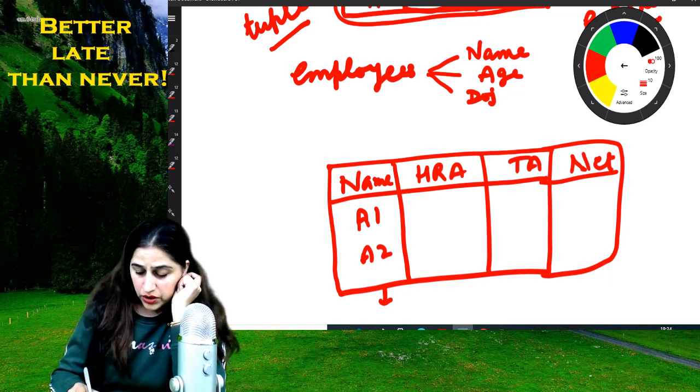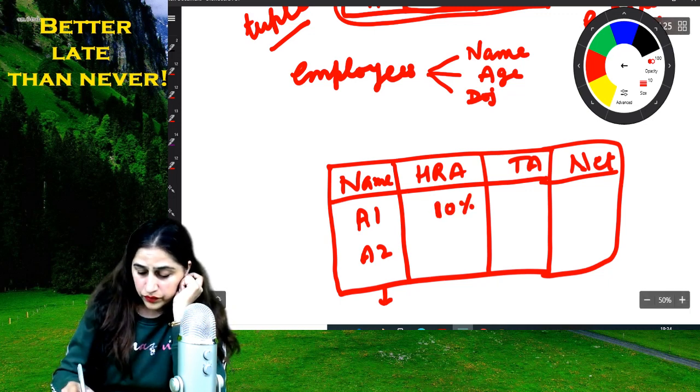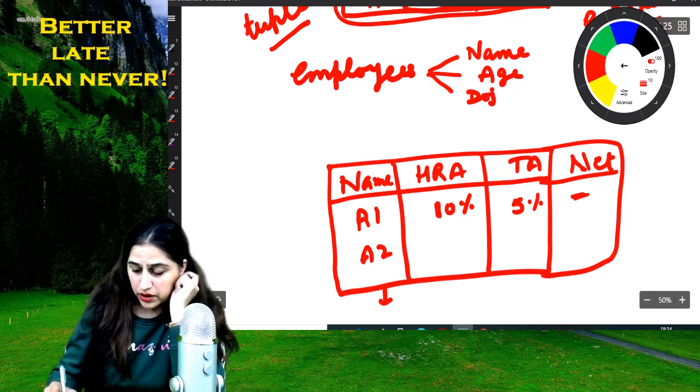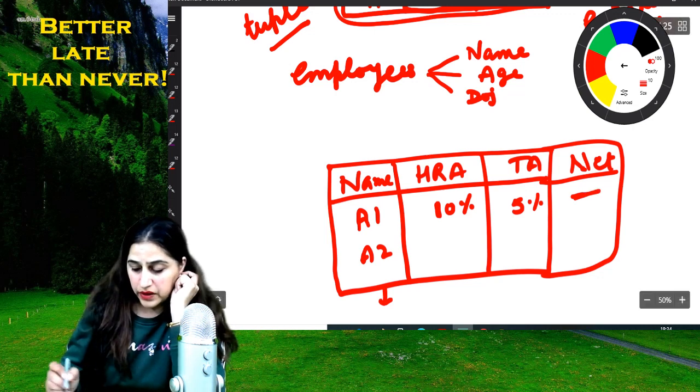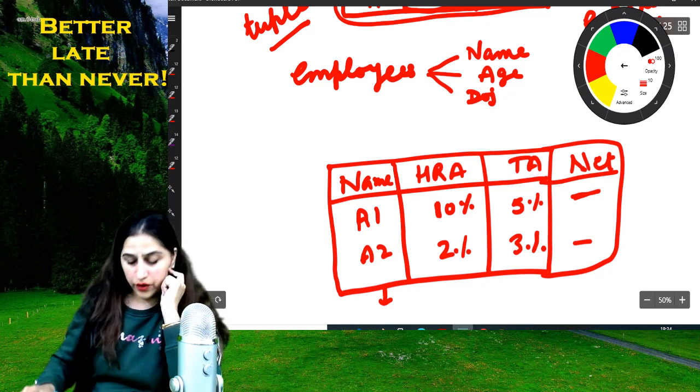Suppose HRA is 10%, TA is 5%, and here we calculate and write the total salary, net salary a person takes, like A1 takes. And this is again net salary of A2.